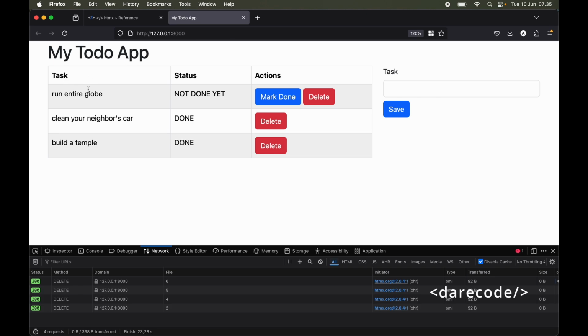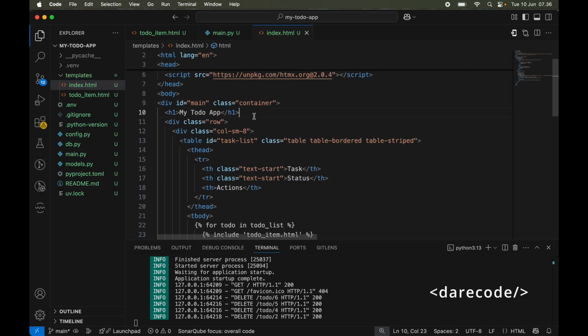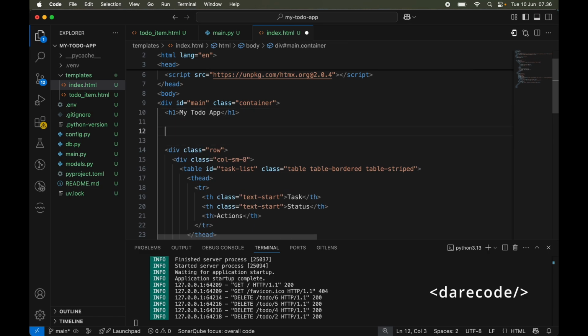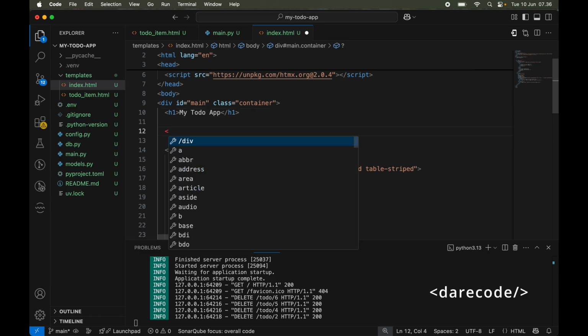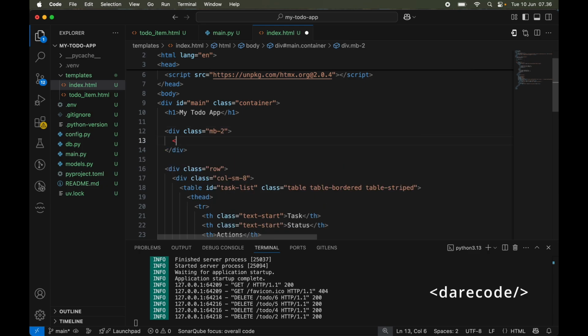Now let's add more functionality. Let's add the filter so we can see only the undone task using checkbox. Let's continue. We need to add the language. Let's add some filter here. Create the form.